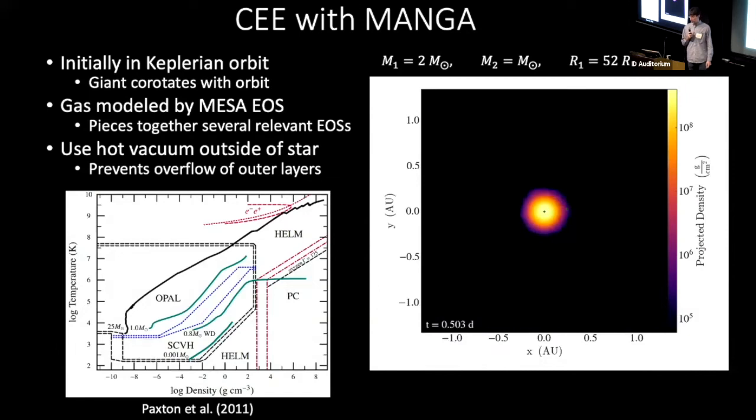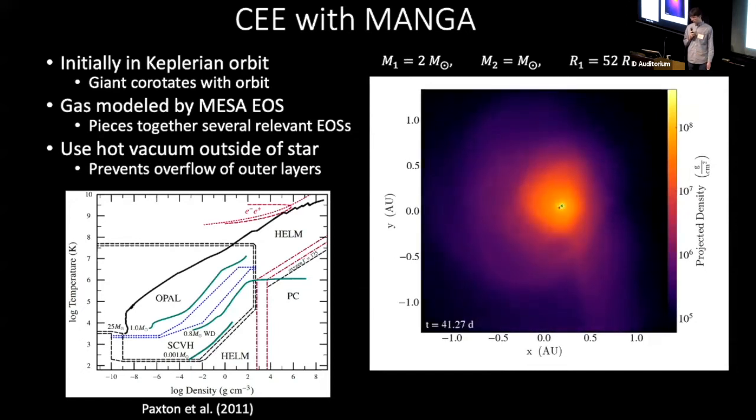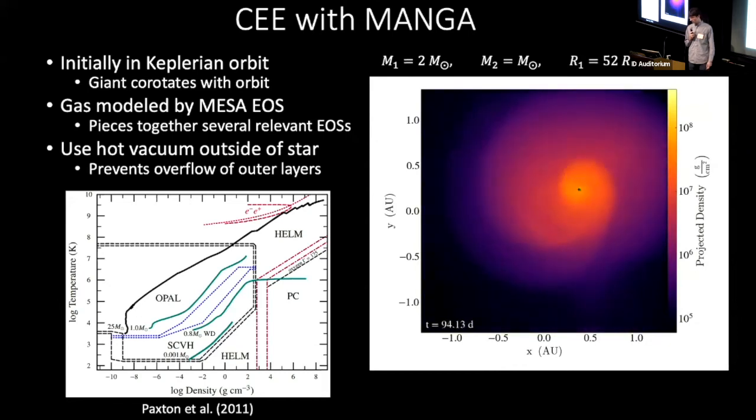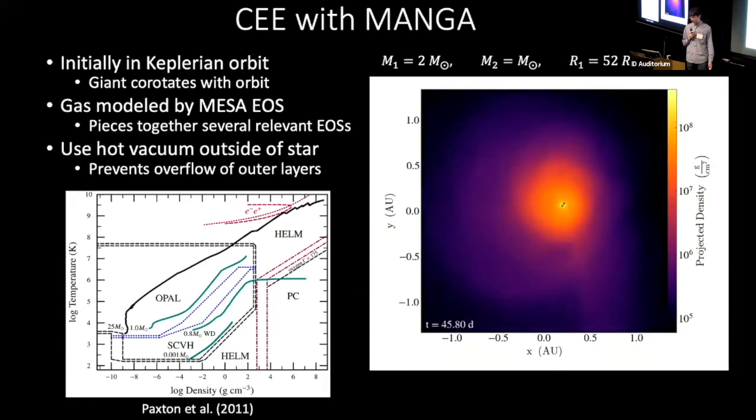And so here's one of our simulations of the common envelope phase, including the MESA equation of state. We start off with just a giant star in the middle, and you probably can't see it yet, but there's a smaller companion object just to the right of it. And so I'm just going to let this go and we'll see what happens. And we see the companion quickly plunges into the envelope of the giant, and the binary tightens very quickly on a span of about 100 days, and much of the gas has already been ejected from the system.